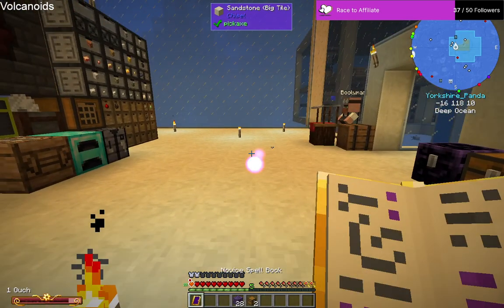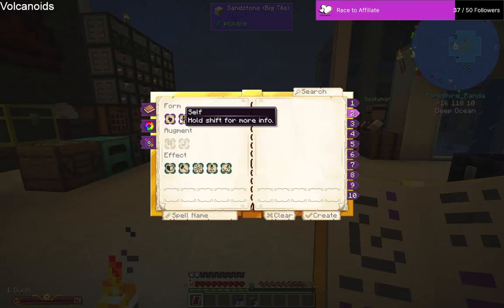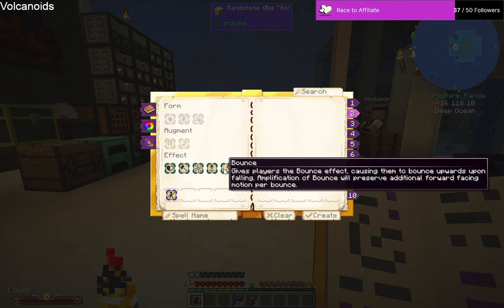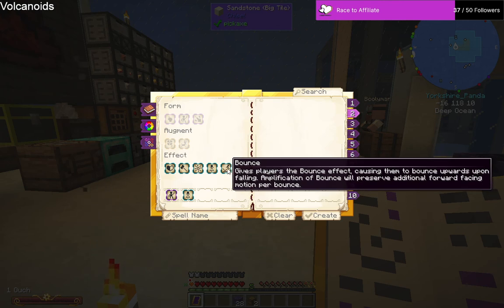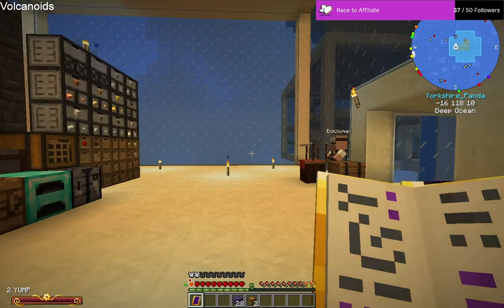So let's do spell number 2. Self, launch, and bounce. We'll call it Yump. So now Yump,